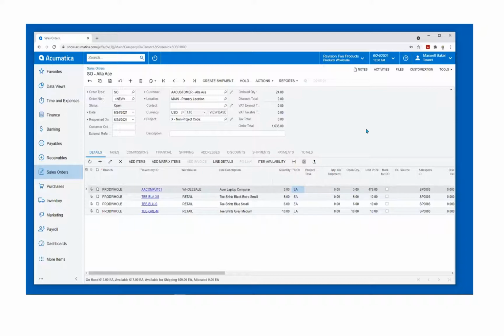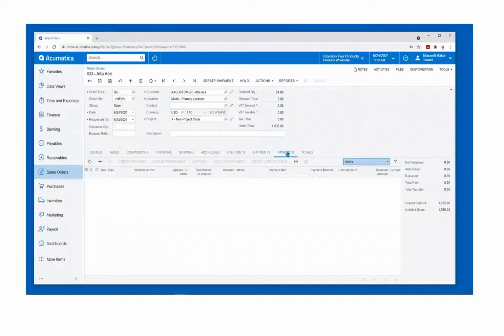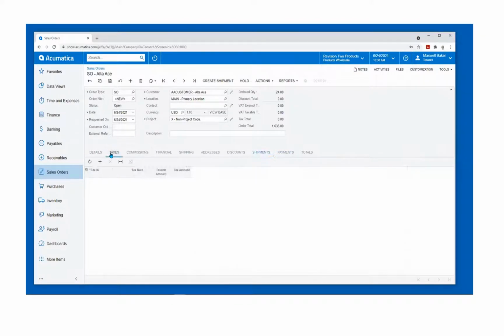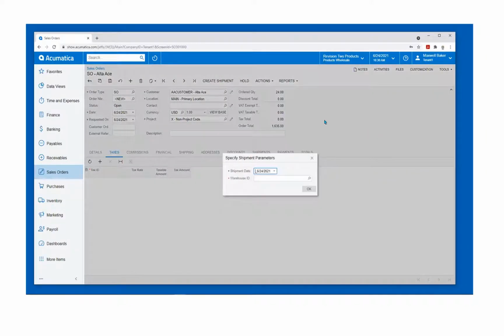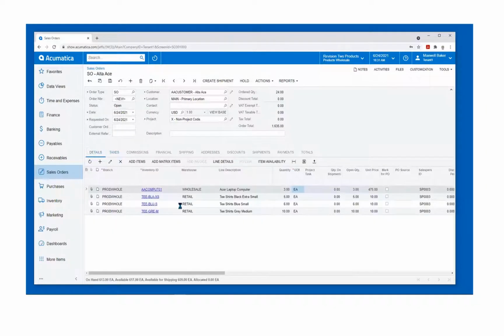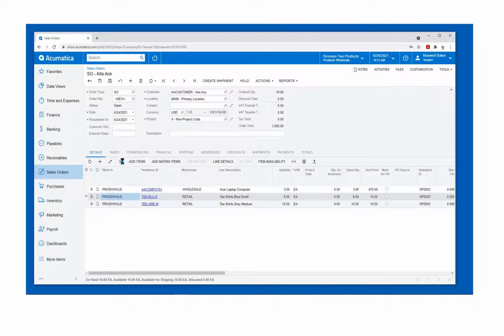Now, with all that being said, I can take my payments on the screen. I can start working on my shipment information, and you can see the taxes and commissions and all that stuff being calculated here. But what I'm going to do right now is go ahead and send the information over to my warehouse. I think I've got a mix of warehouses going on here. That's my fault, so let me just get rid of those. I'm really only looking to do a wholesale order today. So let me get rid of my t-shirts